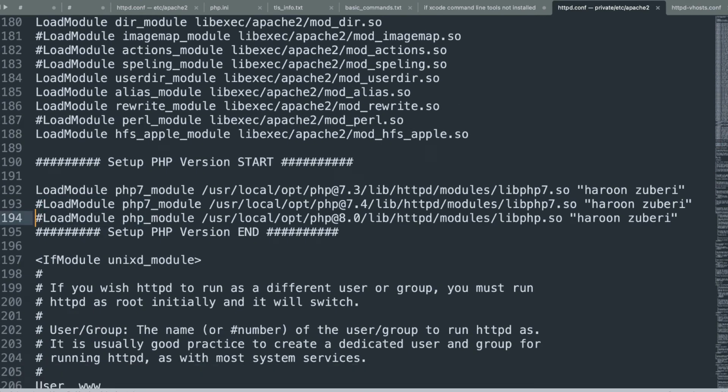Here I have already added 3 PHP versions. I have already shown you PHP 7.3, 7.4 and 8.0, and added a code signing authority. Normally, you don't have to add the certificate authority, and it looks like this. But in the latest version, like the latest Monterey update, it does not allow us to do that, so you have to put the code signing authority here.